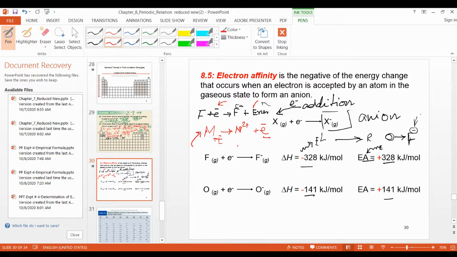Doctor, can you repeat the point about the metals and non-metals? Right. Metals always release electrons. Electron affinity is always gaining, always taking up electrons. So when taking up an electron, energy is released. When releasing an electron, energy is added. This is the difference between metal and non-metal. Metal always gains energy to release the electron. Non-metal always releases energy to gain the electron. Opposite.